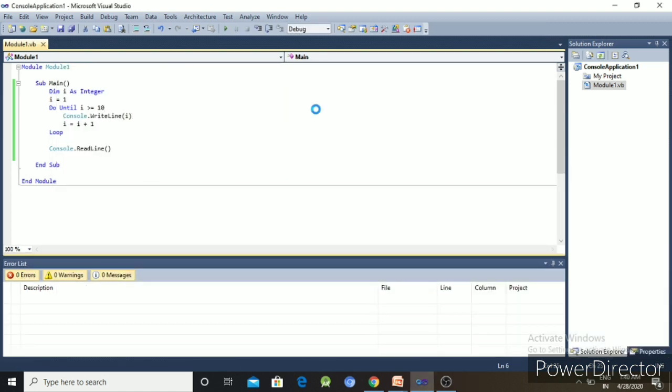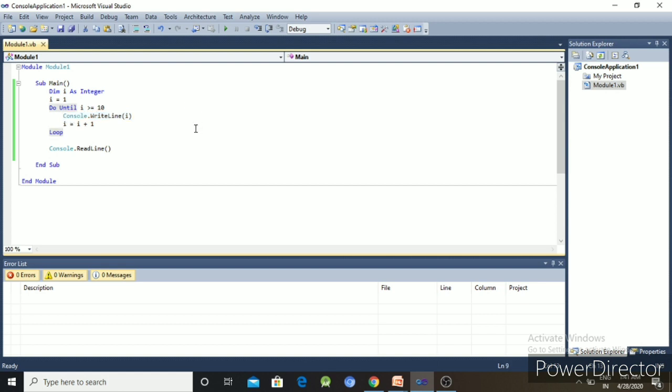No problem. Do until is the keyword, and when the condition is true, the do until loop terminates with loop. Inside, I write the condition. When the condition is false, it will be displayed and executed.